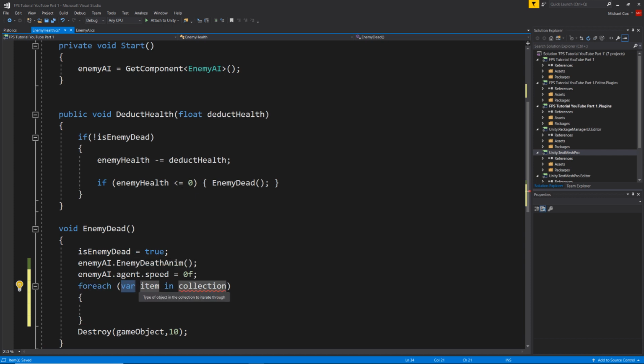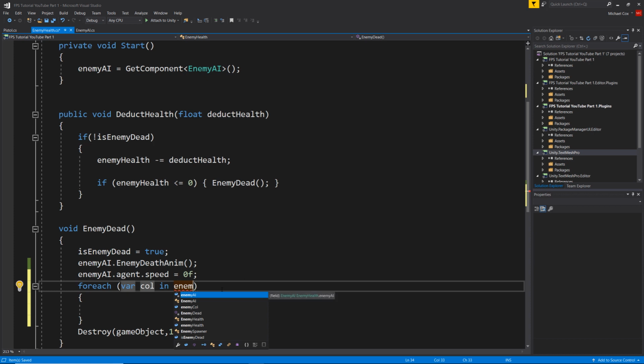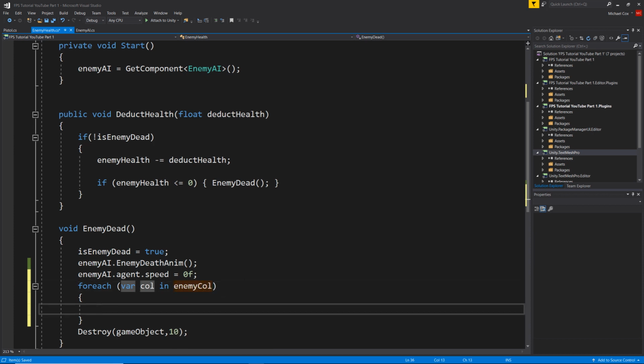So let's say each col in enemy col, we want to say col.enabled equals false. Okay, so save that,